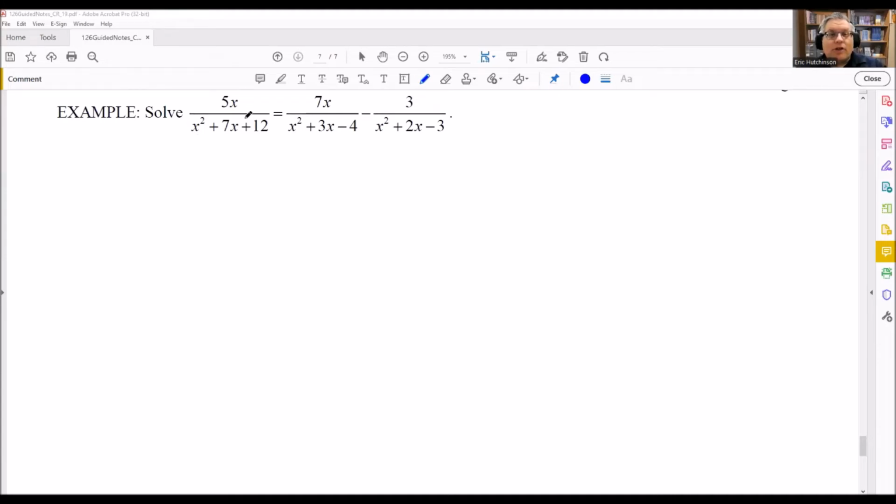In this problem, we need to factor everything. So we have all three of these. Again, you definitely want to do this for these kind of problems, so that way you know what the LCD is going to be. First we'll start with 5x